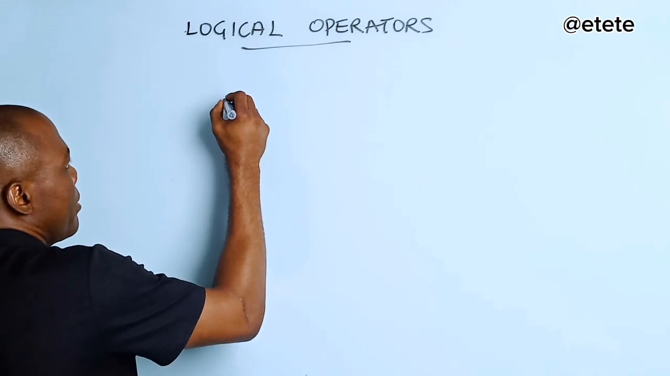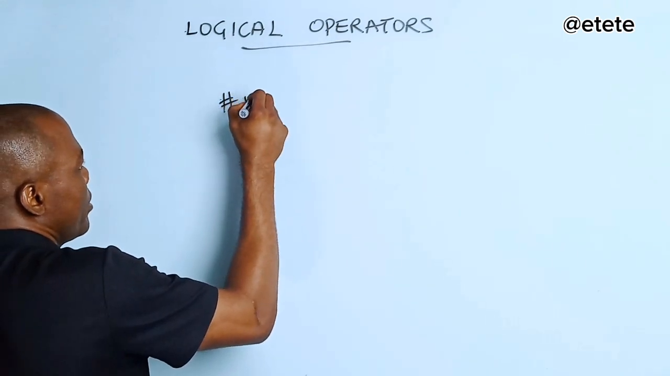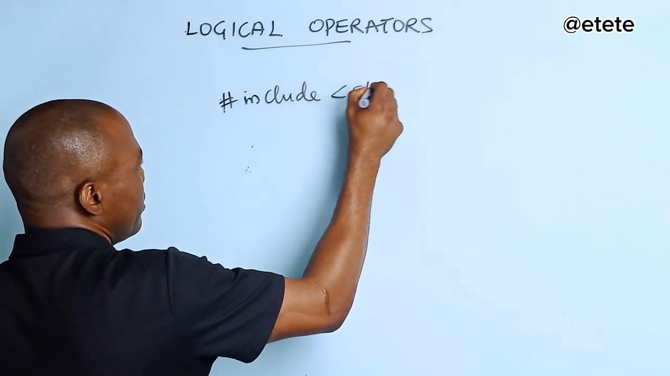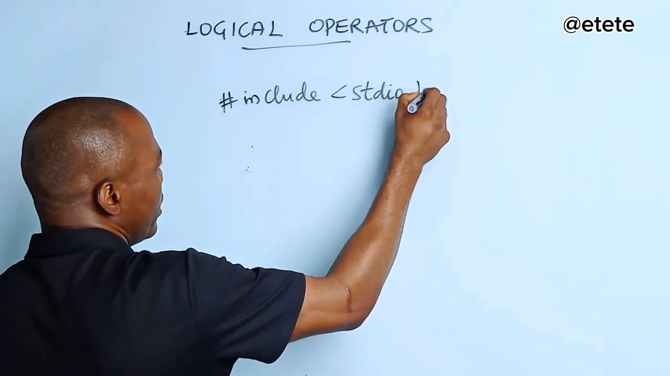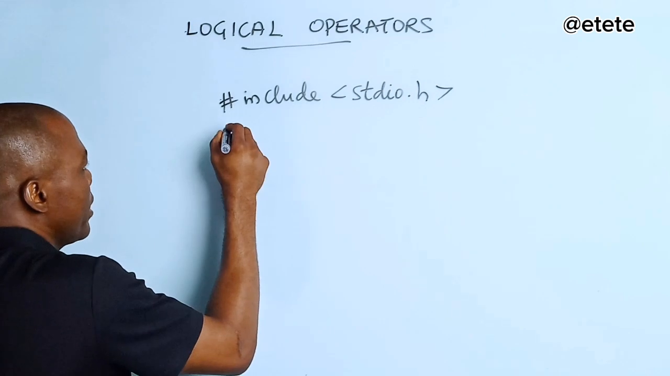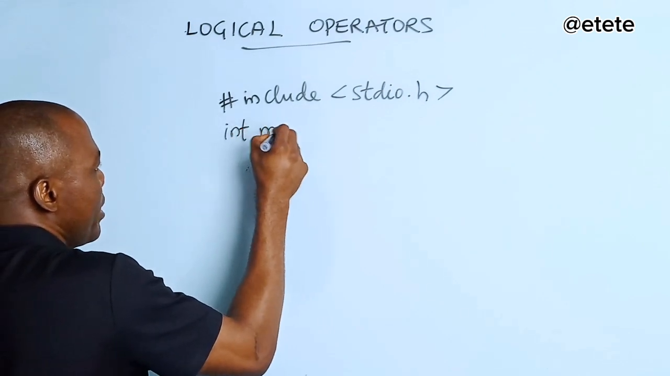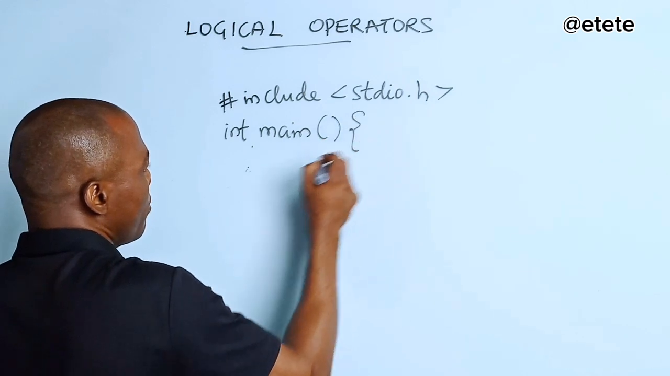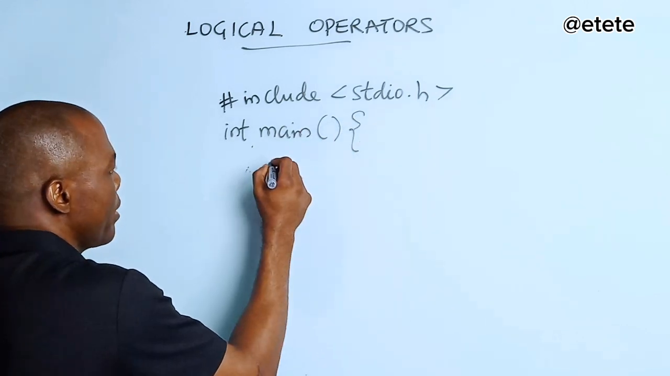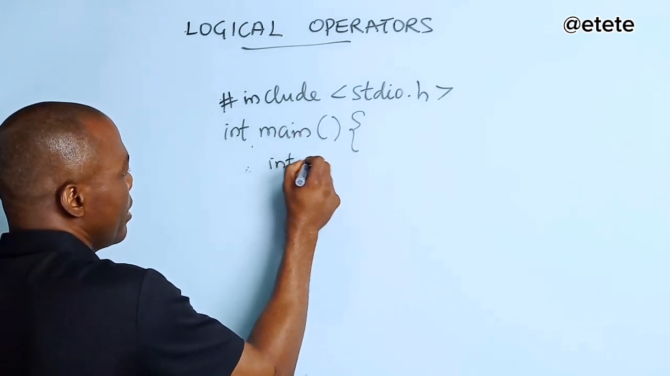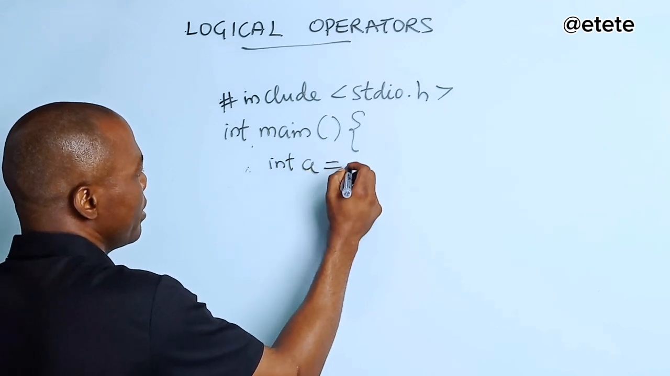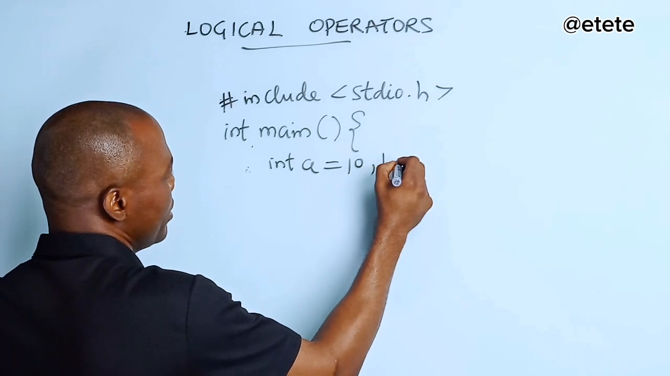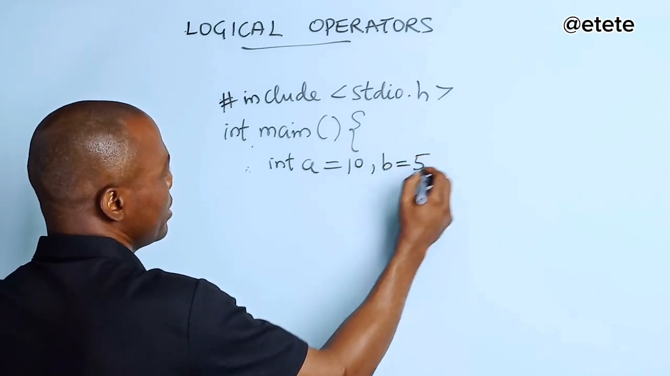So I'll just say #include <stdio.h>, and then we'll say int main, and then we'll come here. So we'll declare two variables, int a, we assign 10 to it, then b, we assign 5 to it, and